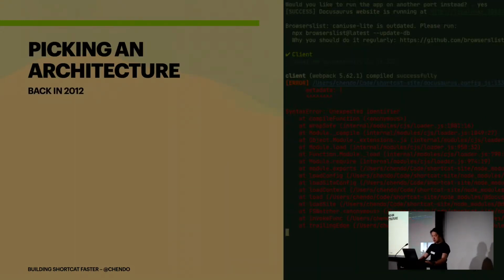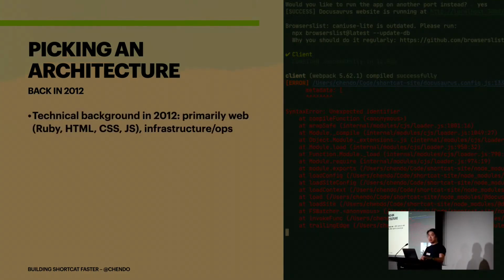So back in 2012, I had to pick a way to build this. My technical background back then, and I guess also now, is primarily web-based. So that's Ruby, HTML, CSS, JavaScript, as well as infrastructure and ops. At best, back then, I would have been an Objective-C hobbyist, where my only major bit of Objective-C code would be